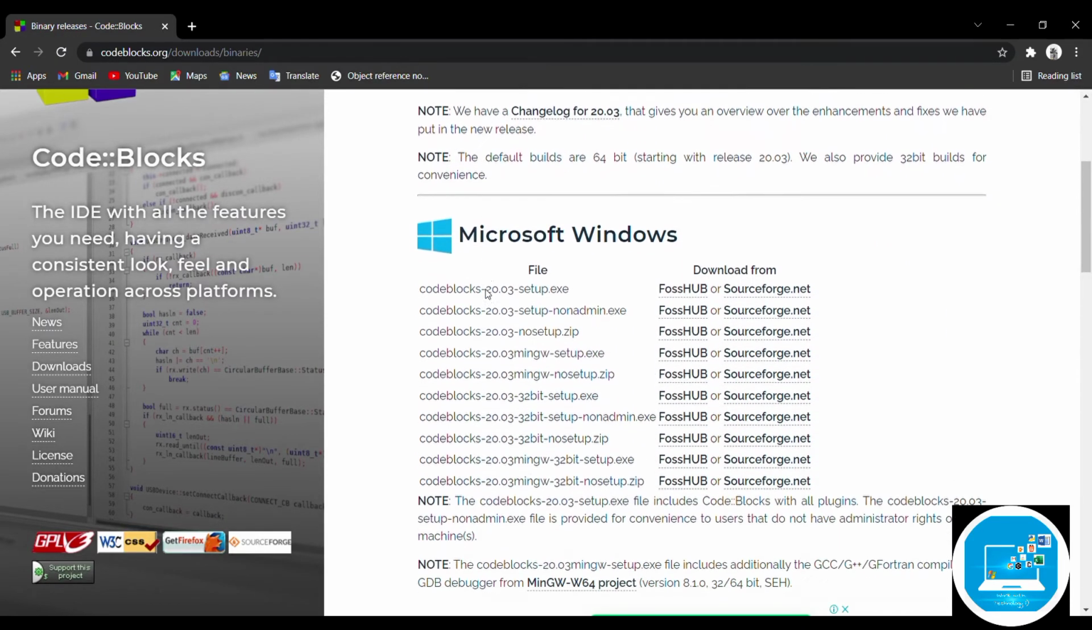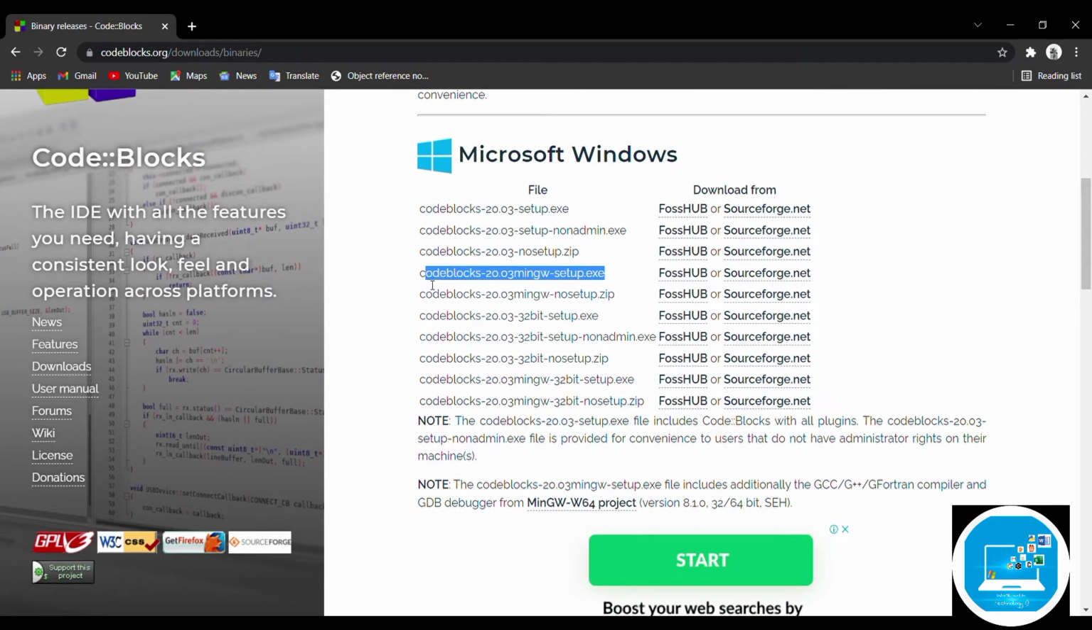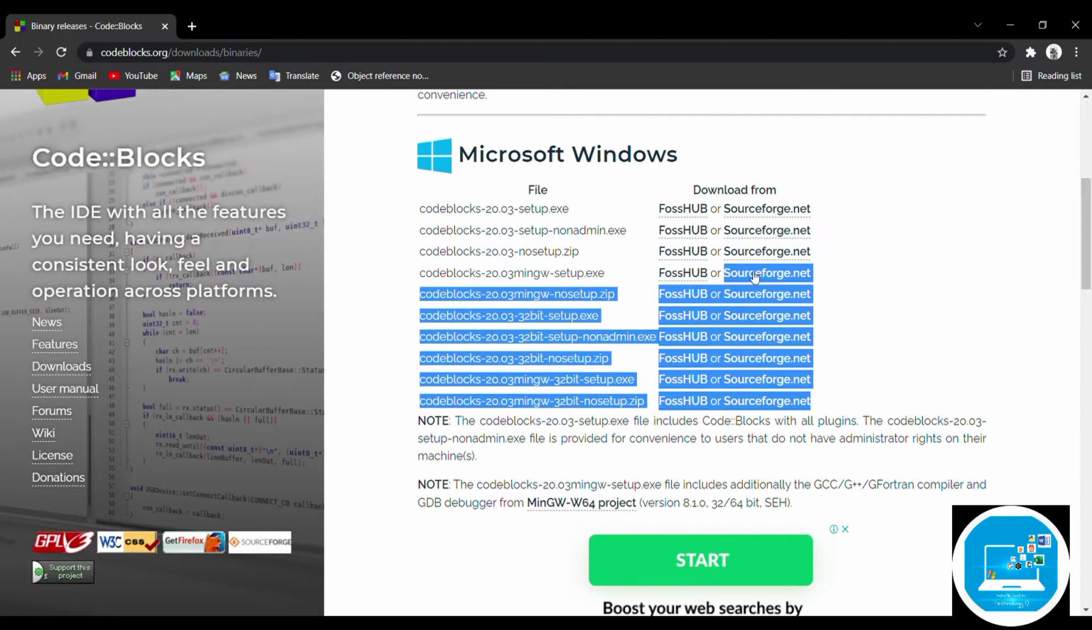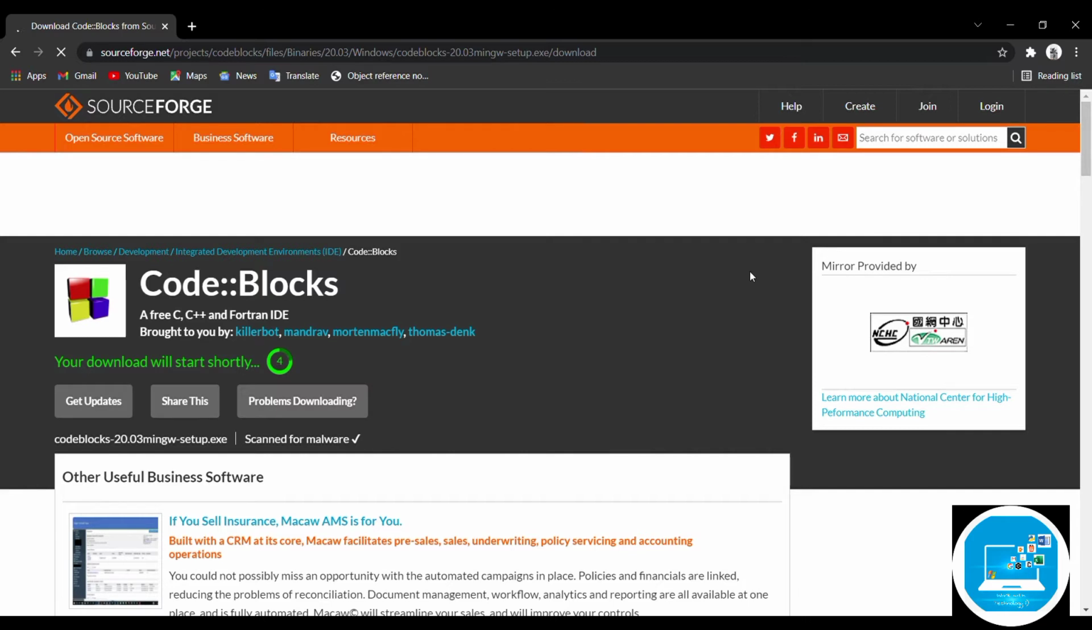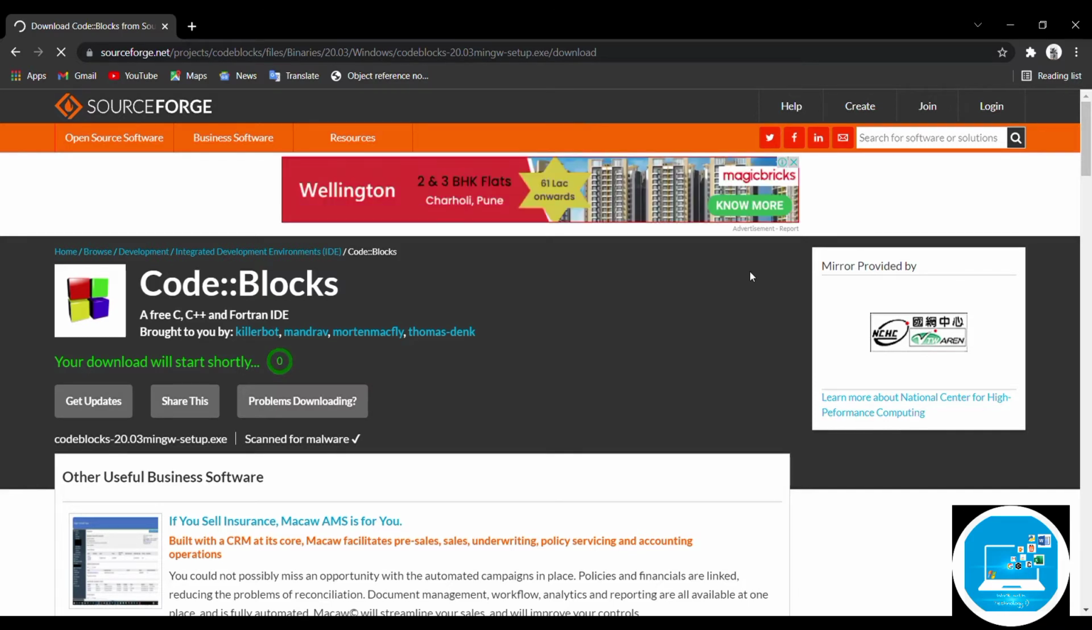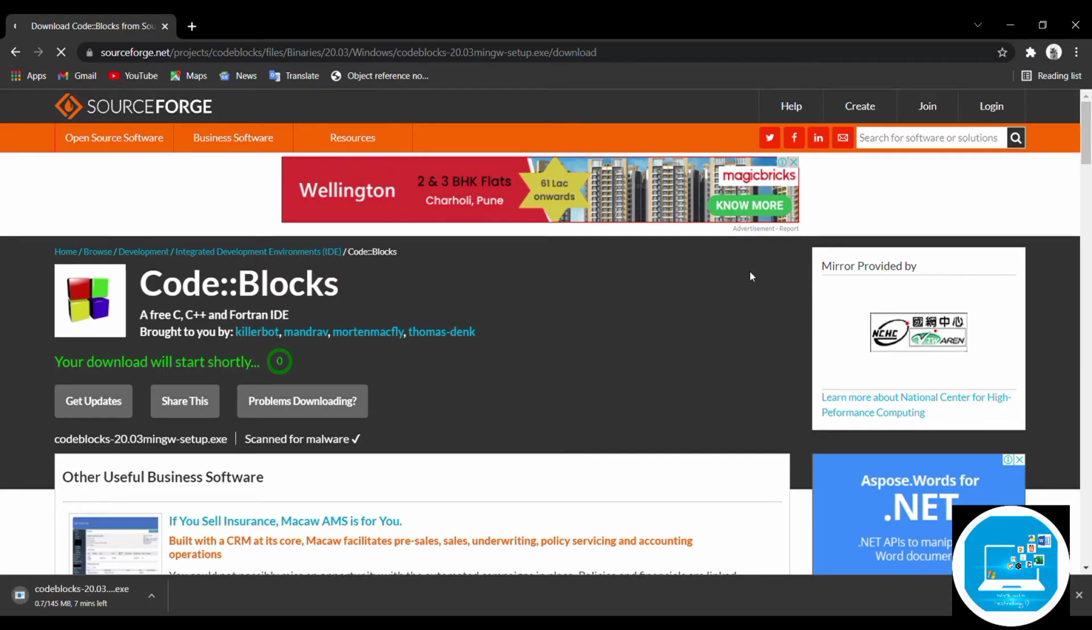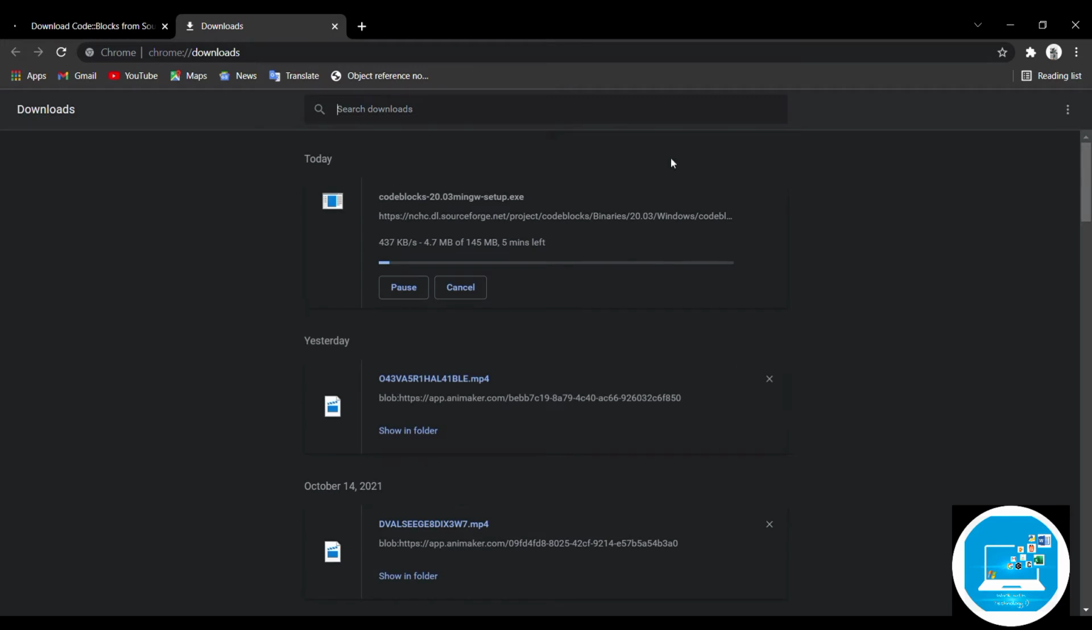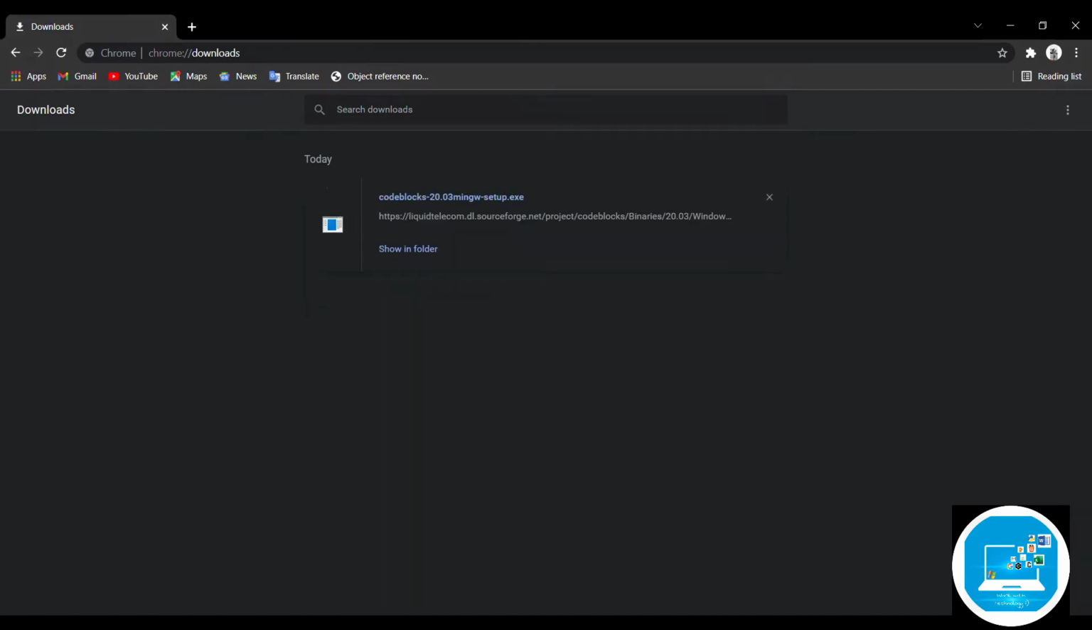And scroll down and click on number 4, open in sourceforge.net, and your download will start automatically within a second. And you can see here your download has started. And open in folder